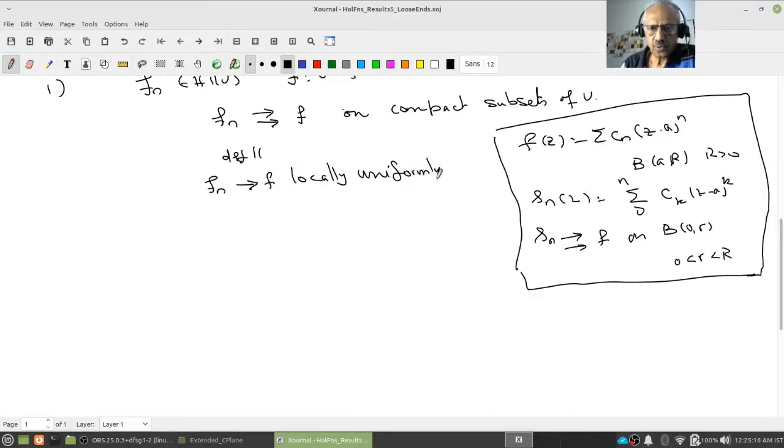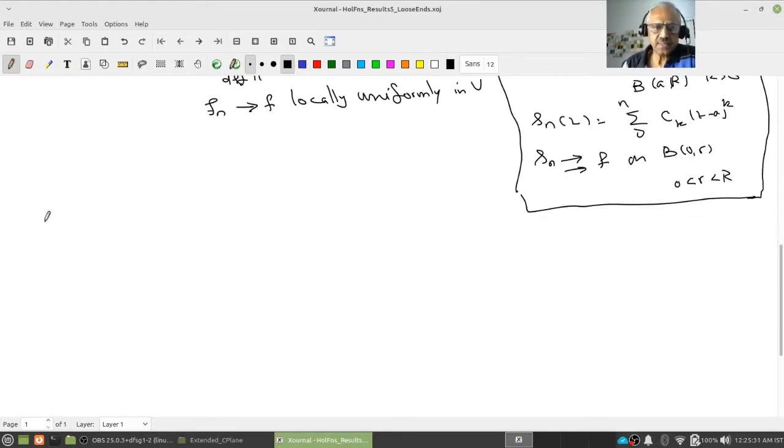So what is the definition of Fn converges to F locally uniformly? Fn converges to F uniformly on each and every compact subset of U. Is that clear? Then what is it that I want to claim? I want to claim two things. One, F is holomorphic,